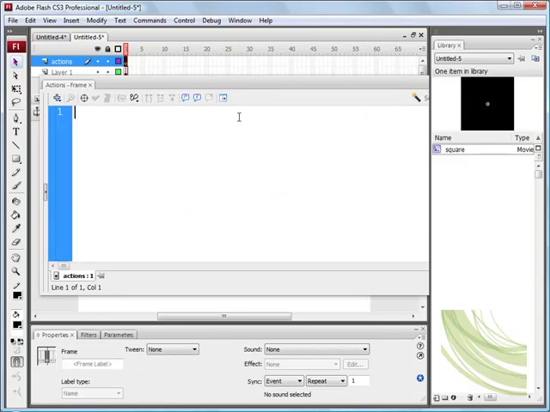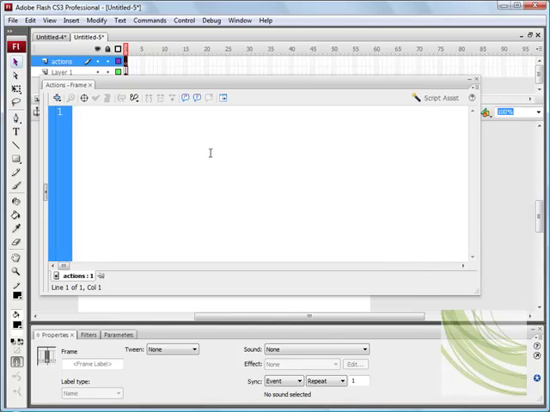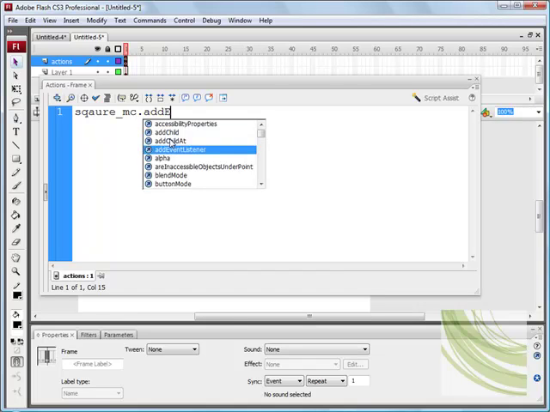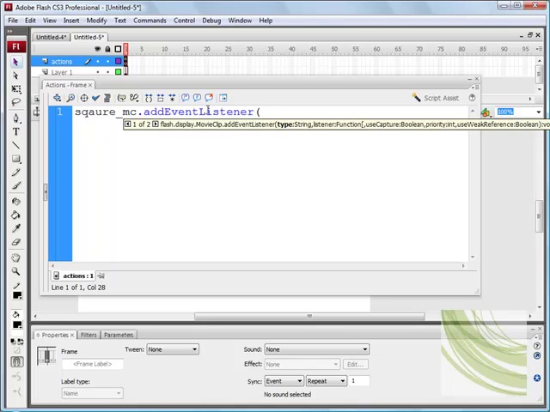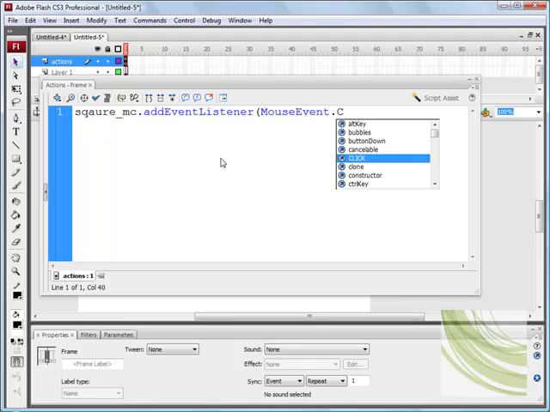And we want to go to Window, Actions, and open up our script window. Okay, so we need to start by typing our instance name, which is square_MC dot addEventListener, with a capital E and a capital L. Now we need to give it a type, so we'll say MouseEvent with a capital E. And now we need to specify CLICK, which is fine, and then a comma,